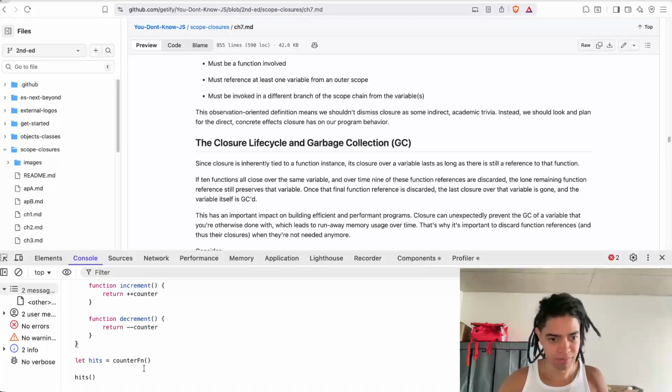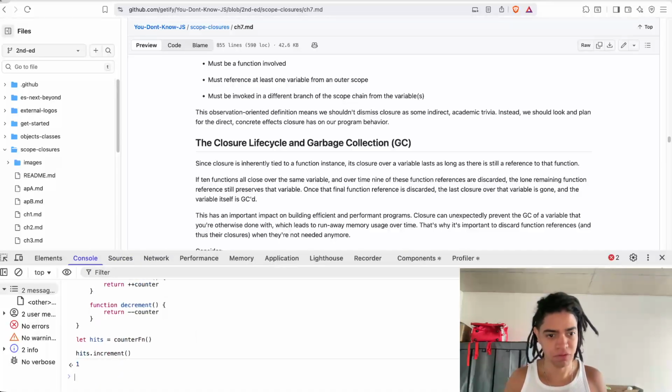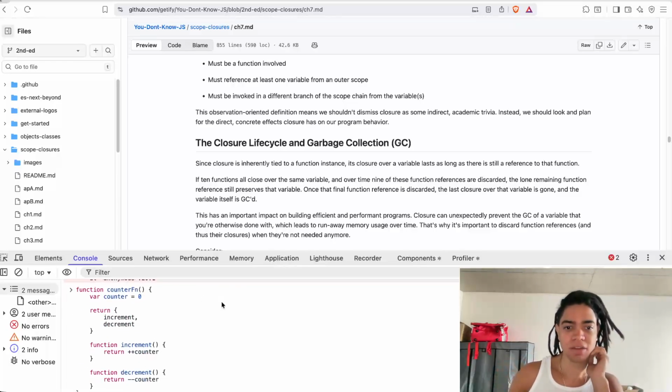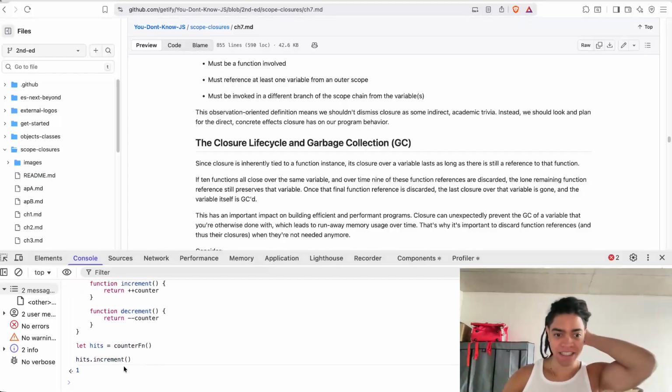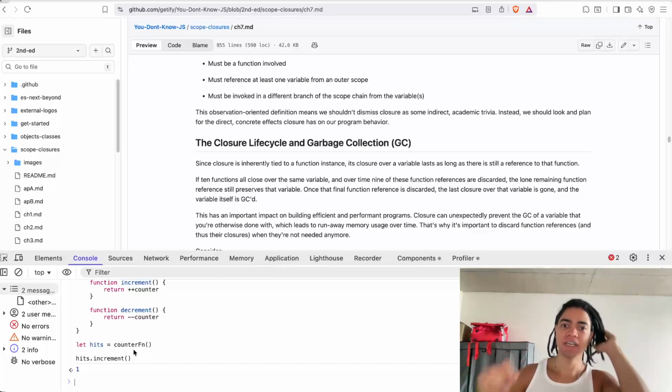Yeah, you're right, hits is now an object that has the increment function, all right? So here, if you have several functions referencing that variable,